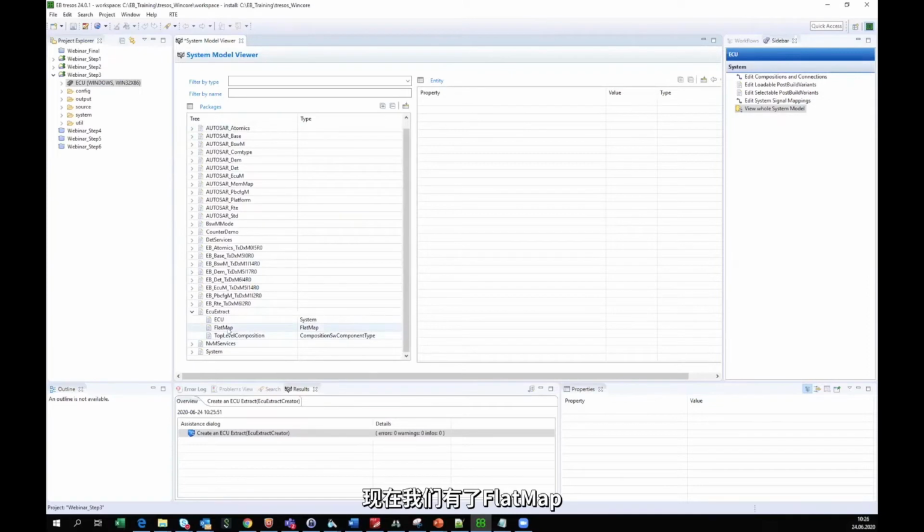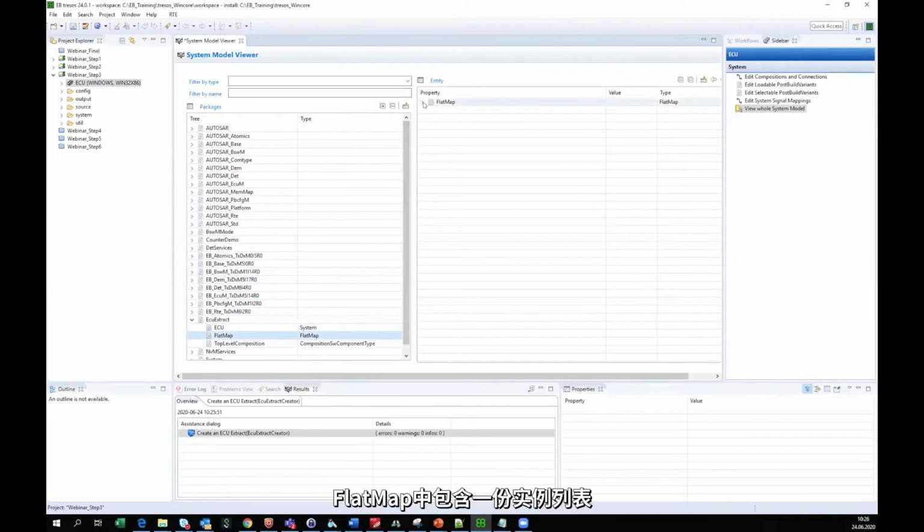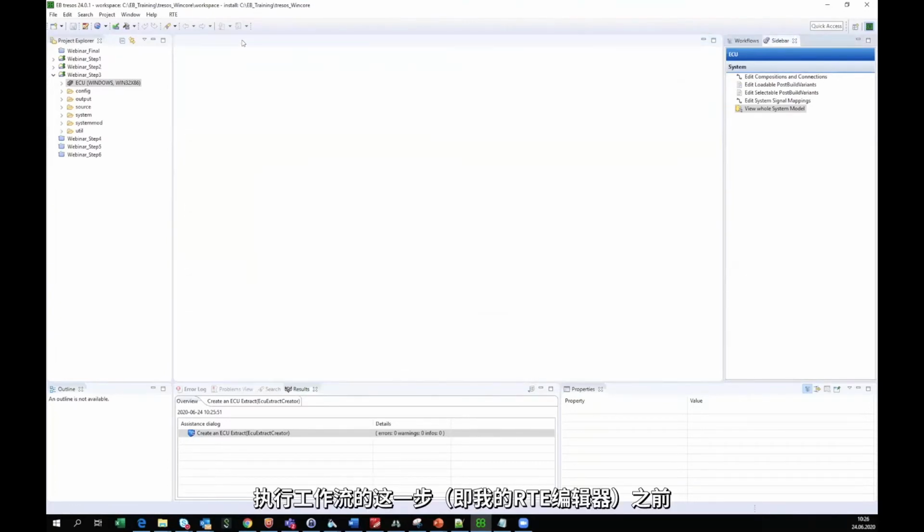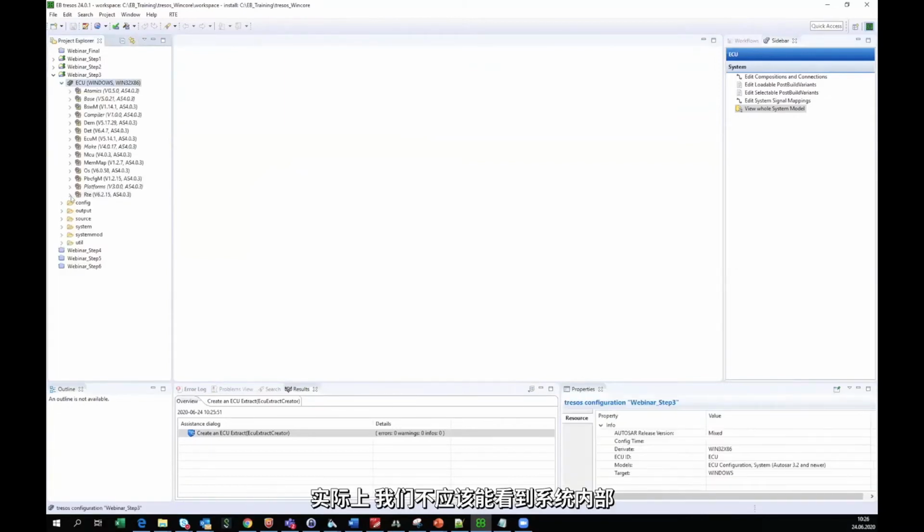And here we now have a flat map, and the flat map contains a list of instances, basically all the entities in a flat representation, including the software components and the ports. So this is now very important because this is the input to the RTE editor. Now, before executing this step of the workflow, my RTE editor would not be able to see actually what is